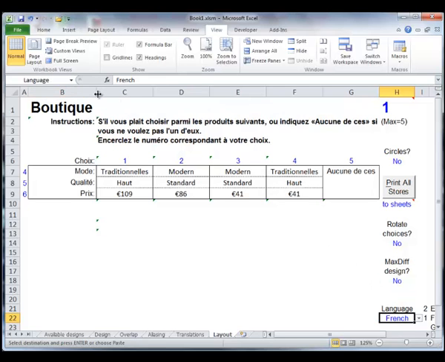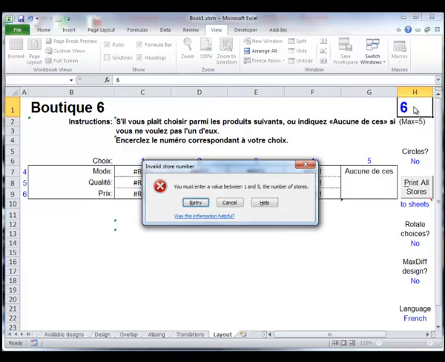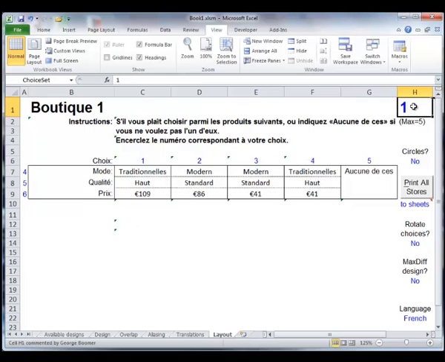By straightening the columns up a little bit, what you'll see is that our entire design has now been translated into French. So here you can see as we go through all 5 stores, and not only is the translation made to French, but also all the prices have been converted to euros and the appropriate symbol has been used. So that was French. Let's take a look at